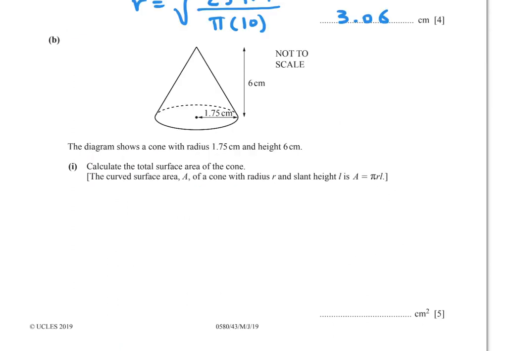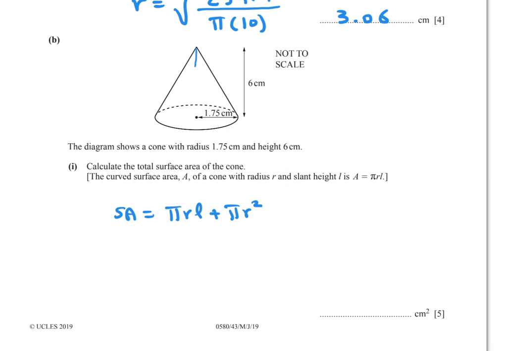Part c. The diagram shows a cone with radius 1.75 centimeter and height 6 centimeter. Calculate the total surface area of the cone. The total surface area of the cone equals the curved surface area, which is pi r l, plus the area of the base, which is pi r squared. So surface area equals pi r l plus pi r squared. So to find l, the slant height,